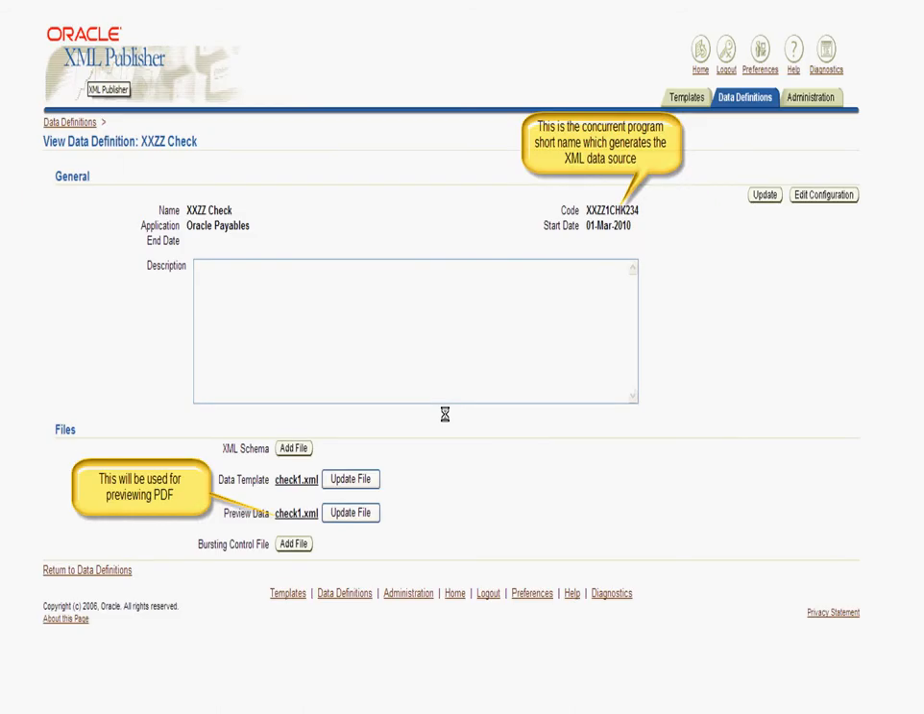This is where you define the data definition in XML Publisher. Remember, this is the content program's short name. That's the second program's short name that actually generates the XML data. And then this is the sample check XML that we just checked in the previous step. So upload that one so that you can use it for preview of your check when you register the